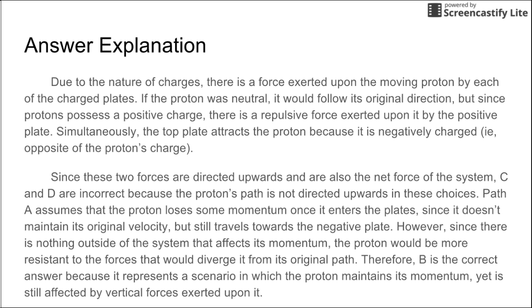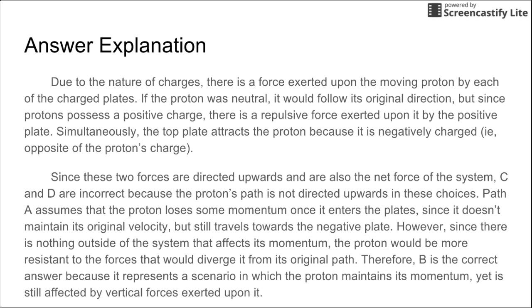One of the choices is it being completely unaffected, which would be the case if it was neutral, but that is not the case. And the other is going in a path that wouldn't make any sense. And so there's only two paths left. So the reason why